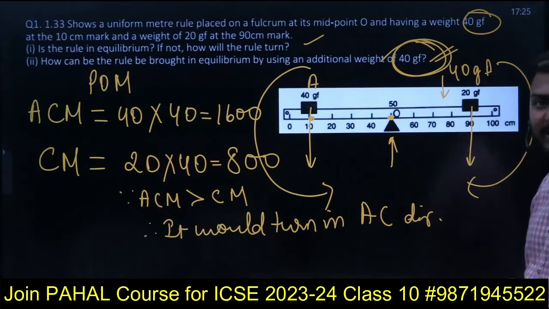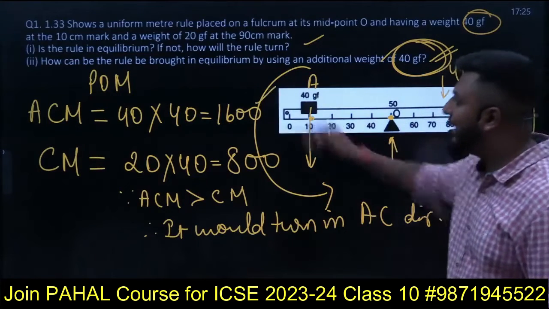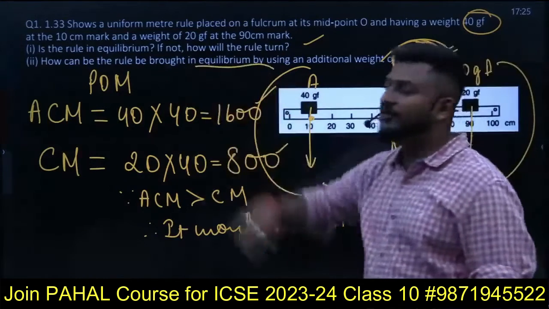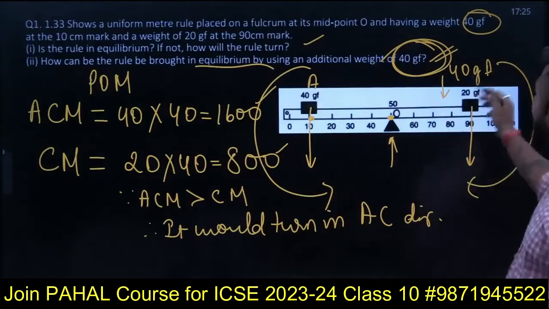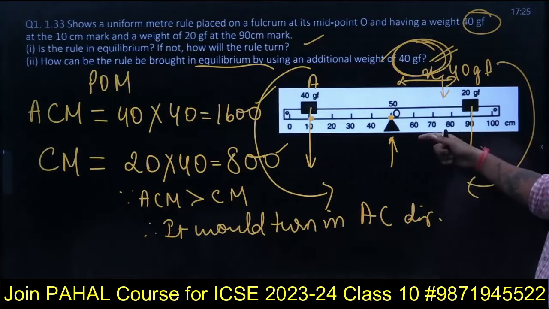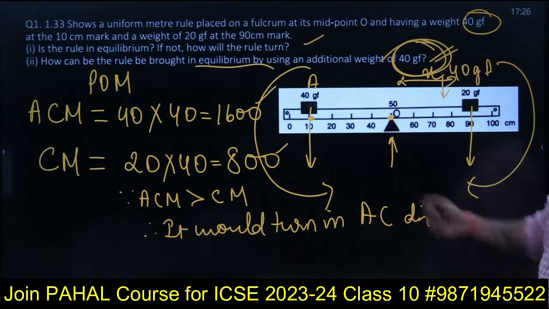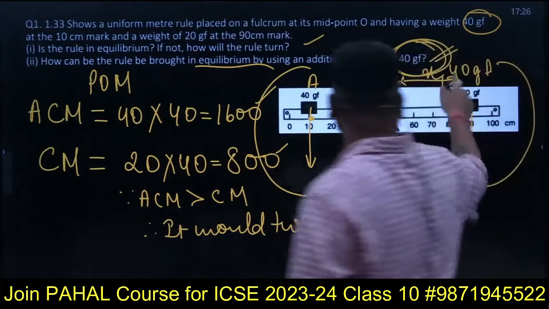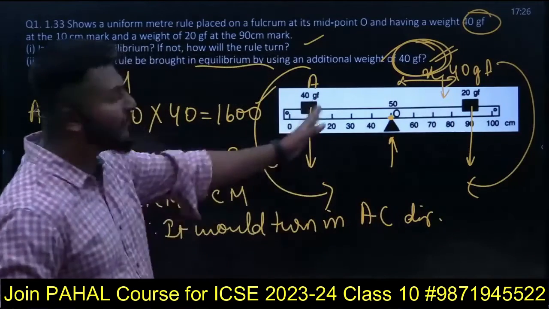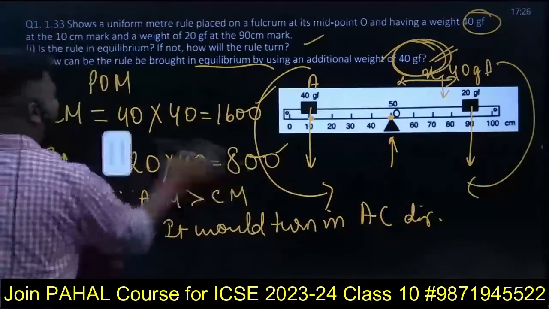Now where do we place the 40 GF weight? We don't know. But we know that the ACM, anti-clockwise moment, should be equal to clockwise moment in order to bring this in the state of equilibrium, right? Okay, so let's say the weight is kept at a distance of x centimeter from point O, right? If the weight of 40 GF is placed at a distance of x centimeter from point O, then in the case of equilibrium,